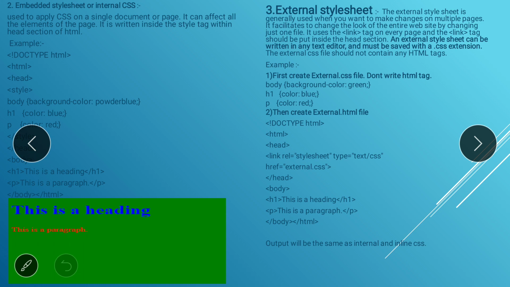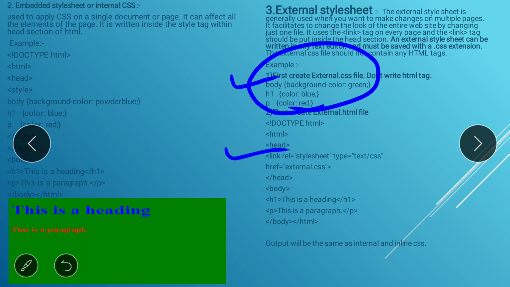Next is the external style sheet. I already told you that for an external style sheet, first you have to create a .css file. Here external.css is the main external file, and in that we write all the CSS, and then we link that external CSS file to the .html file.